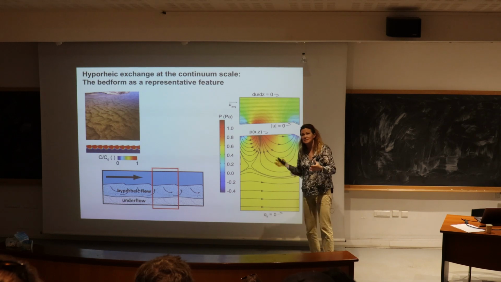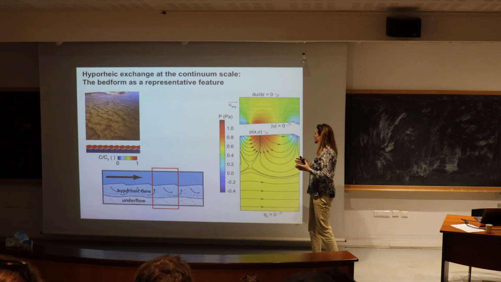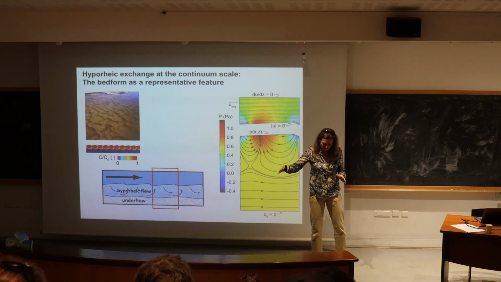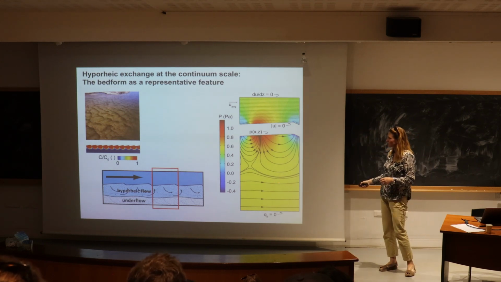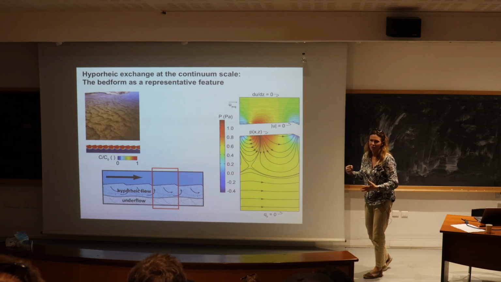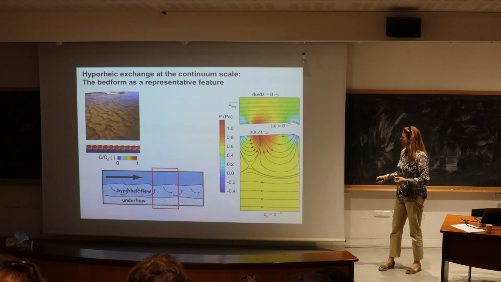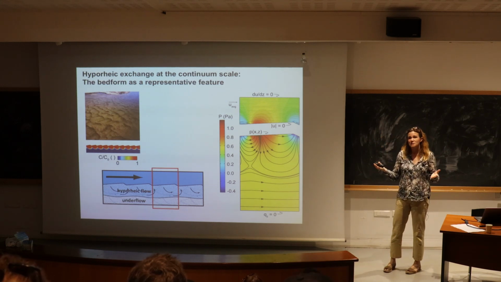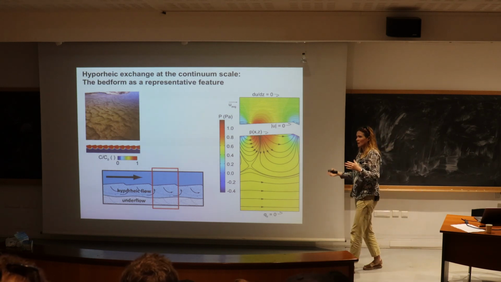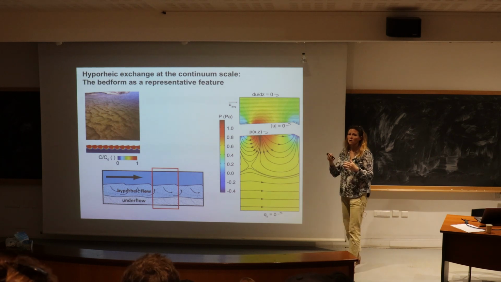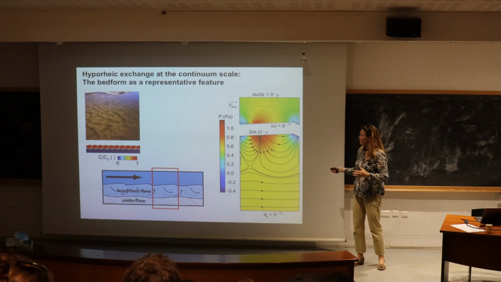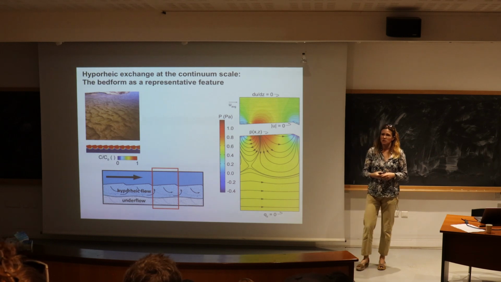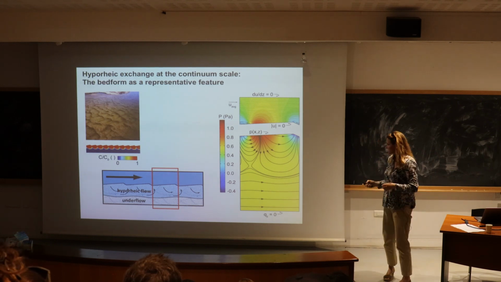And because all of this exists in a stream that has some general slope to it going downstream, we also have this underflow that's always kind of trucking along down below and not necessarily interacting with the bed unless you have some sort of overall hydraulic head gradient that's driving upward or downward flow on top of these processes associated with bed form current interactions.